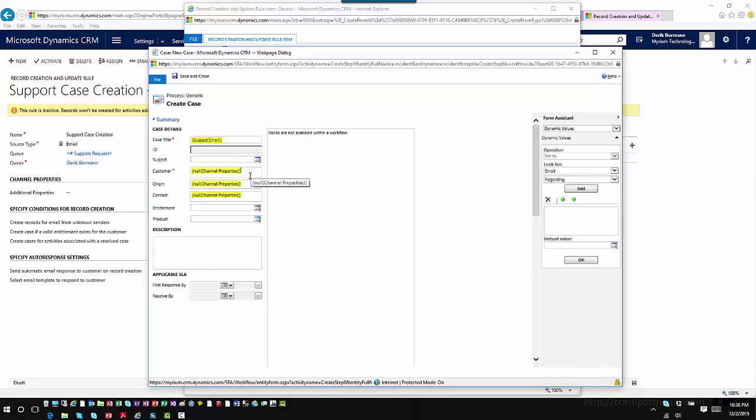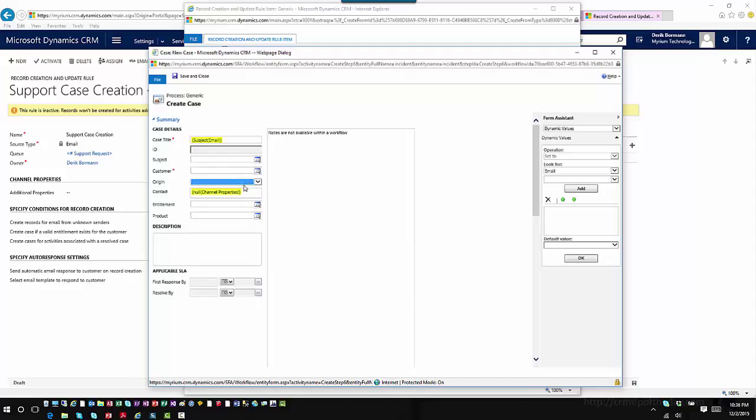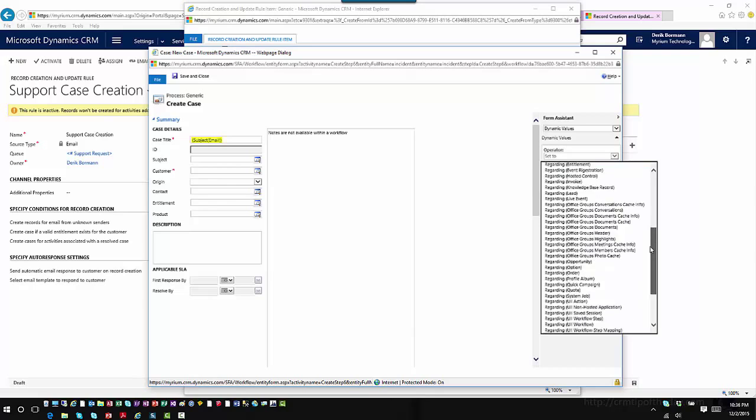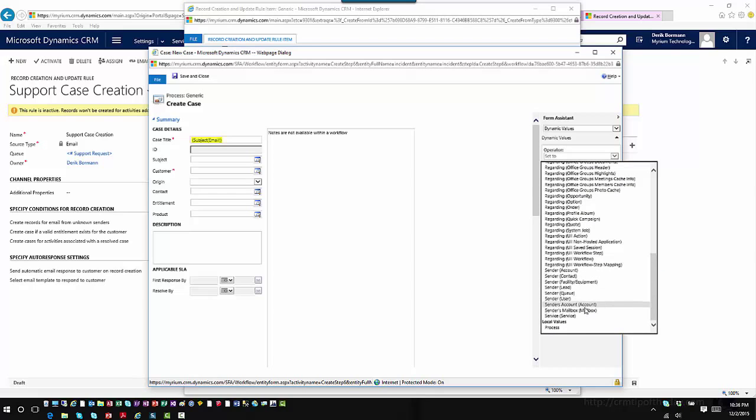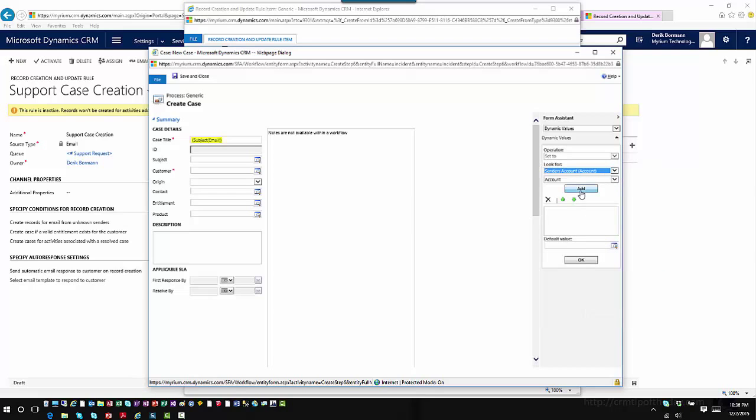If I had defined specific properties for the channel, this is where I could use those items from the channel to pre-populate some of this information. Since I don't necessarily have it associated with an external channel at this point, I can just replace this with generalized information. So in this case, I could go into the customer field, use my look for, scroll down, find the sender's account, fill in the account,